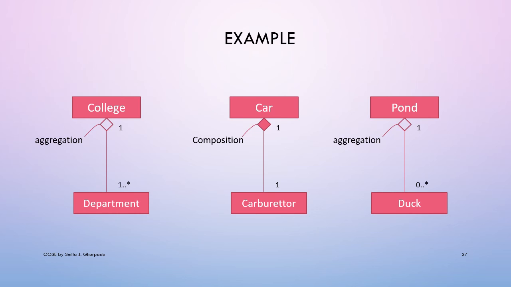One specialized type of relationship is composition. Composition supports the part-whole principle, but the part is compulsory. The part relationship is compulsory here. Example, one car has one carburetor. Means a carburetor is compulsorily present for a car. So this compulsory part is shown by a composition symbol, and it is a filled diamond symbol. Like this we can show association, aggregation and composition relationships.